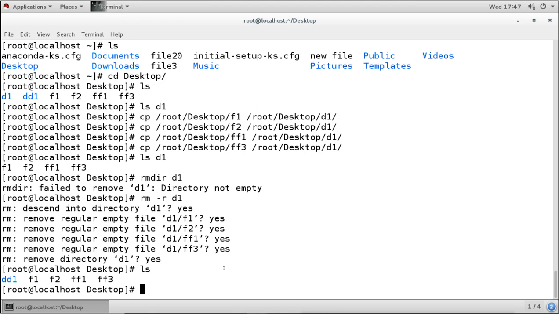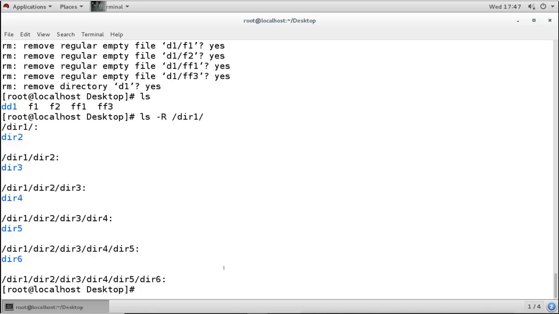then you use the -f option. For example, we have a directory here which we created, dir1, and under that we have multiple directories. So this dir1 is not empty and we have multiple directories inside this.